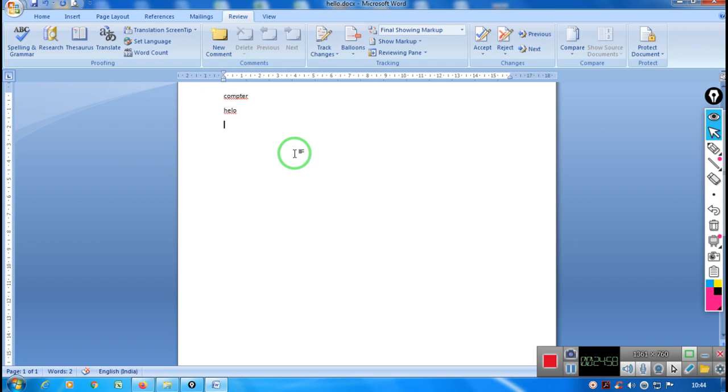But when it comes to formatting, formatting of text refers to the look and feel of text on the screen or on the printed paper. The formatting feature in MS Word makes each document different from the others. A well-formatted document provides a good look and feel and readability to the user. So if you want to do formatting, you want to make it attractive for others. So what are the features to make it attractive? That we will be doing in the next video.